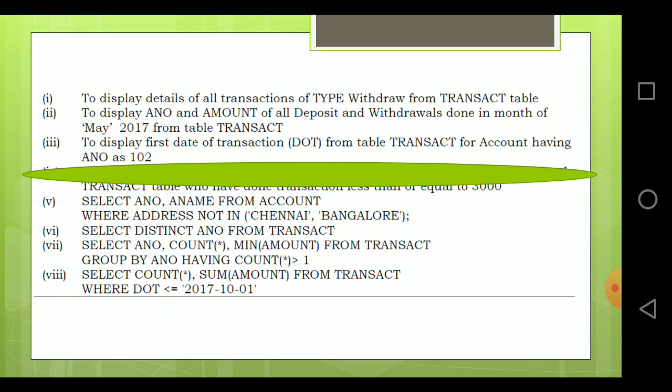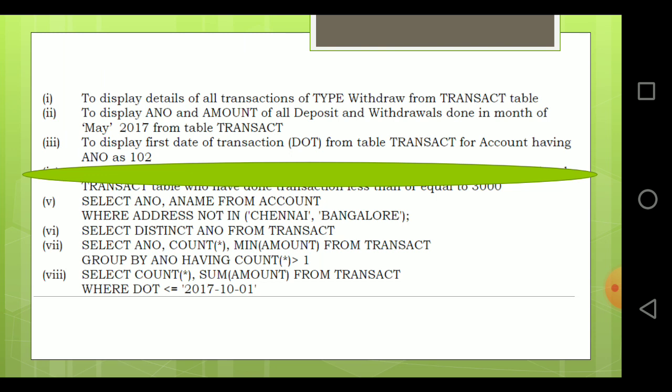And in the fifth question, for writing the outputs: select A number, A name from account where address is not in Chennai and Bangalore. What are they looking for? They want the account number and the account name from the account table, where addresses should not be Chennai and Bangalore.